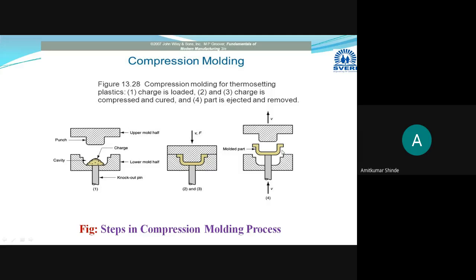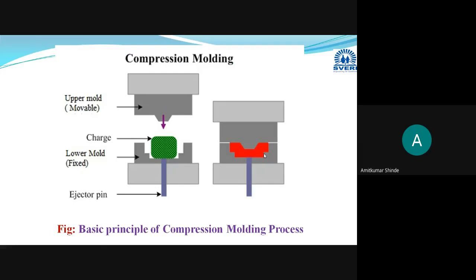When you have manufactured this component, some extra material will get attached on the surface, or it will remain on the surface of this component. That extra material you have to remove. That extra material which is attached to your product during that processing will be termed as flash. It is known as a flash. It can be removed by performing one trimming operation or finishing operation. So these are the stages in the compression molding process. This is the basic principle.